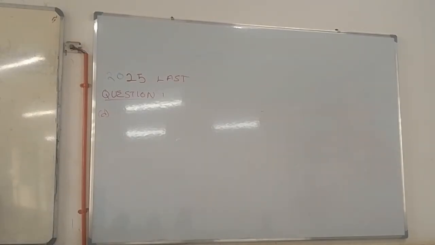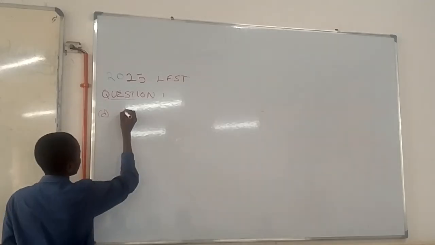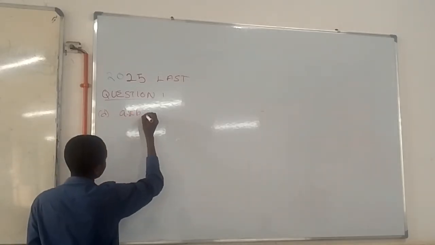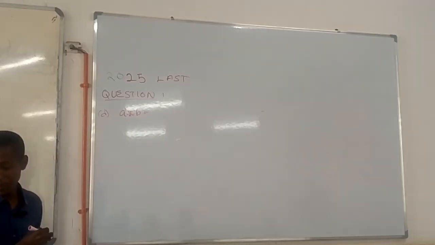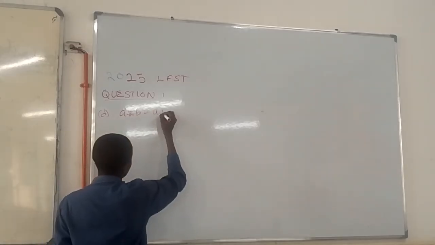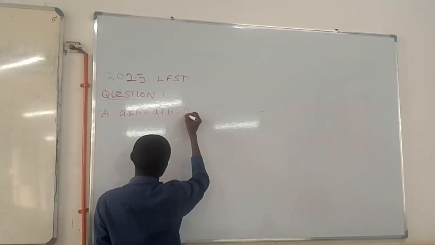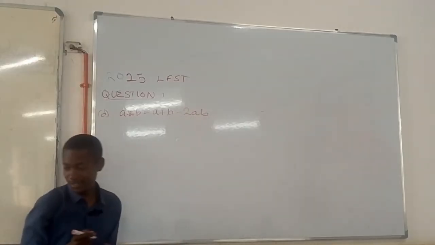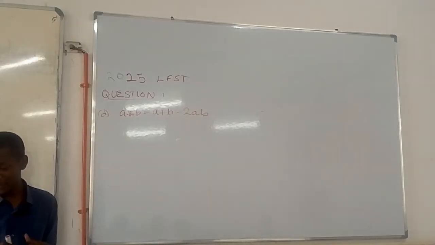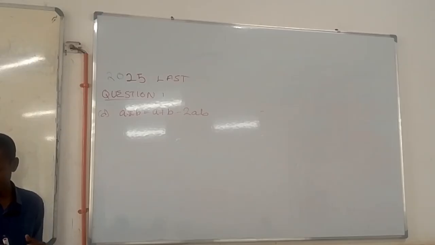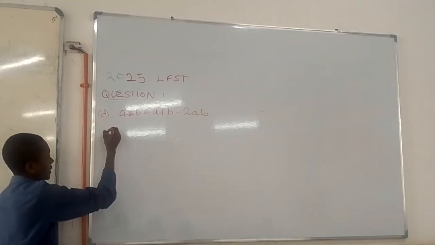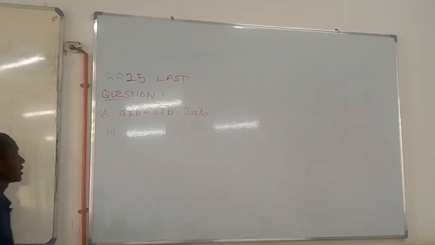So consider the binary operation A star B, which is equal to A plus B minus 2AB, where A and B are real numbers. We already know what real numbers are, I'm assuming. The first question on this binary operation is asking us to determine if the operation